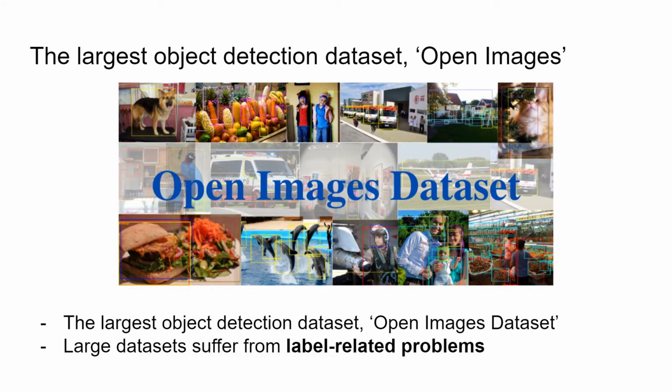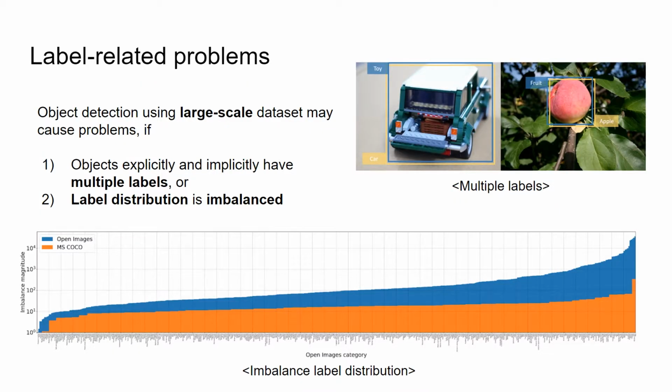As you know, the Open Images dataset is one of the largest object detection datasets. However, these sorts of huge datasets suffer from label-related problems because of their semi-automatic collecting and labeling pipeline. In this paper, the authors pointed out the problems that can be caused when using large-scale datasets and provided simple but